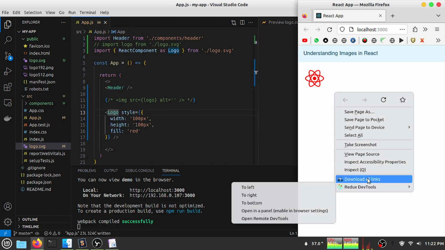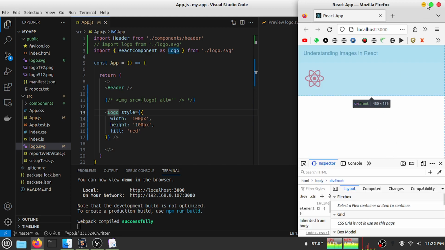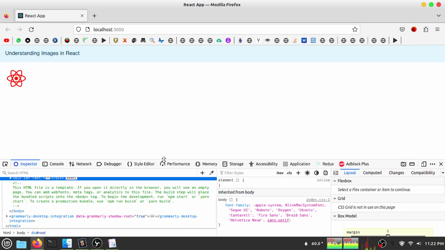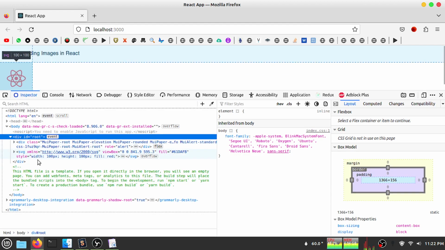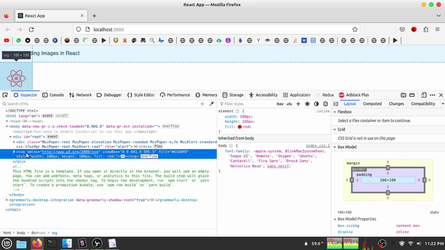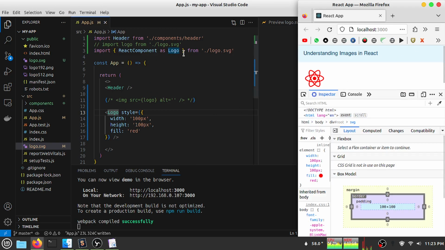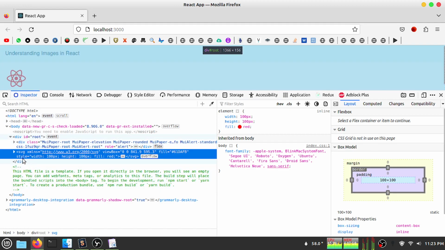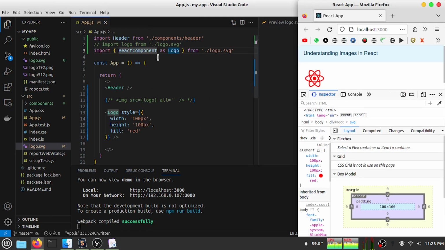If I go to my inspection, let's go here, we can see our image is created by SVG. That means it is a vector image. When we import our SVG image or vector image in this syntax, this image is imported as a vector image. That means the SVG image. But if we try to import the same image in this format,